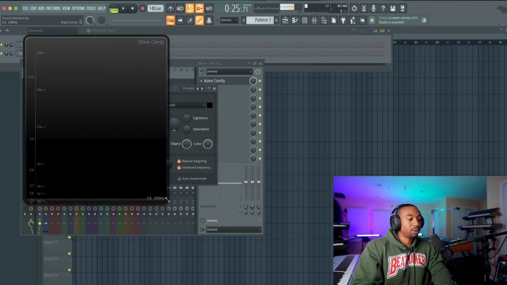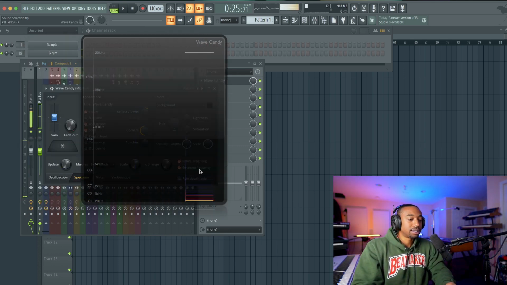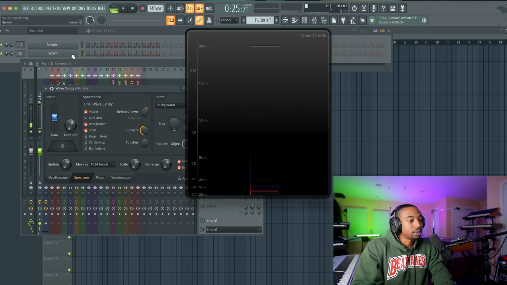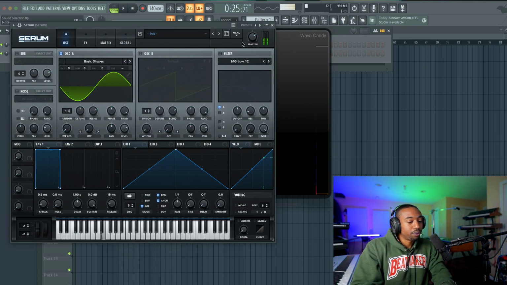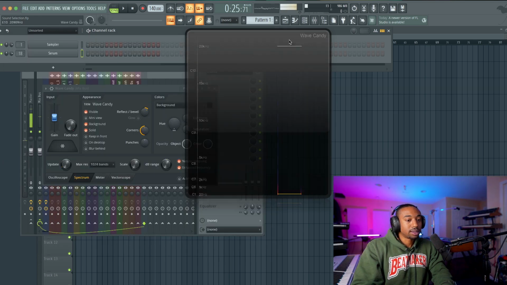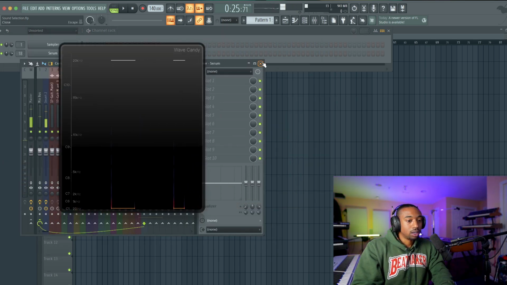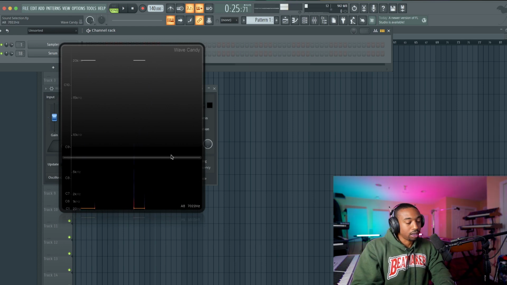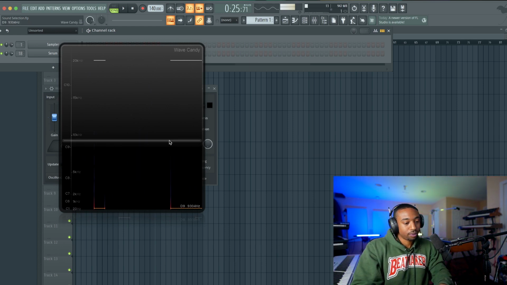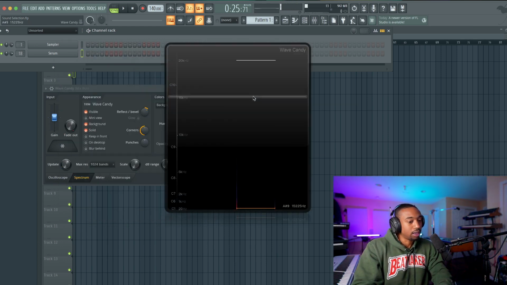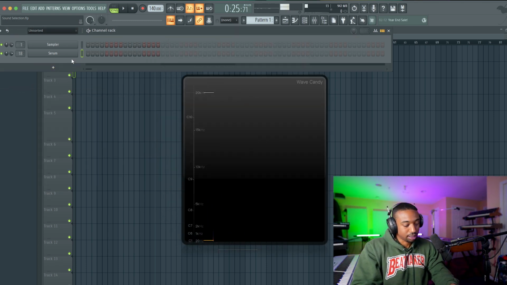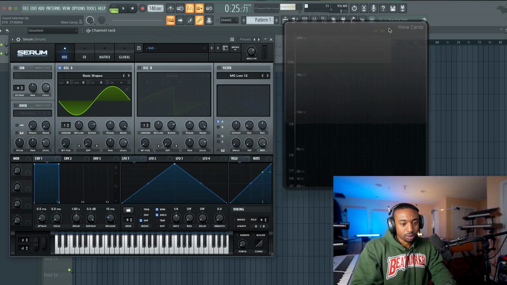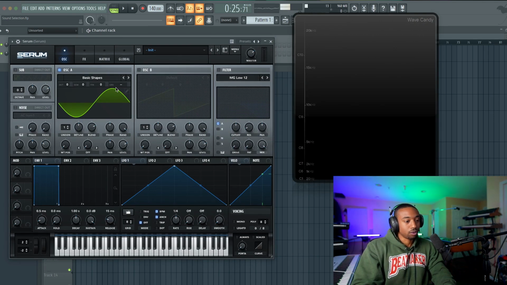Okay, so this sine wave. Let's do basic shapes. Now if we look at this sine wave, you see that it's basically a horizontal line straight across. Okay, it's just a horizontal line. Now, what separates a sine wave playing one note and a sawtooth playing the same exact note? So I'm going to put this graph over here. Hopefully you guys can see it over my head. I can't see myself. Let's switch the wavetable.